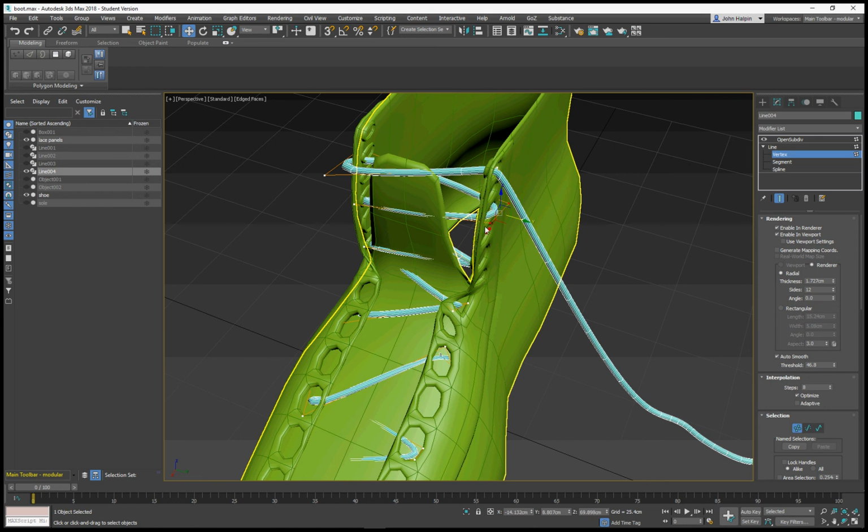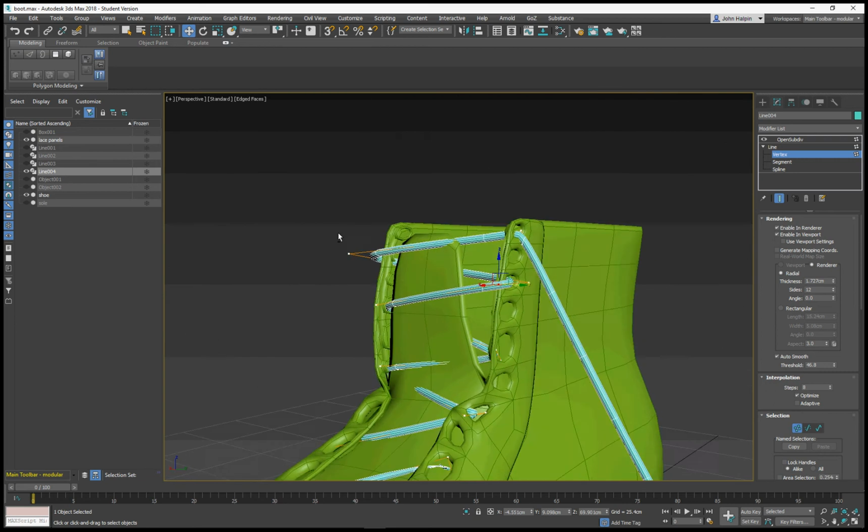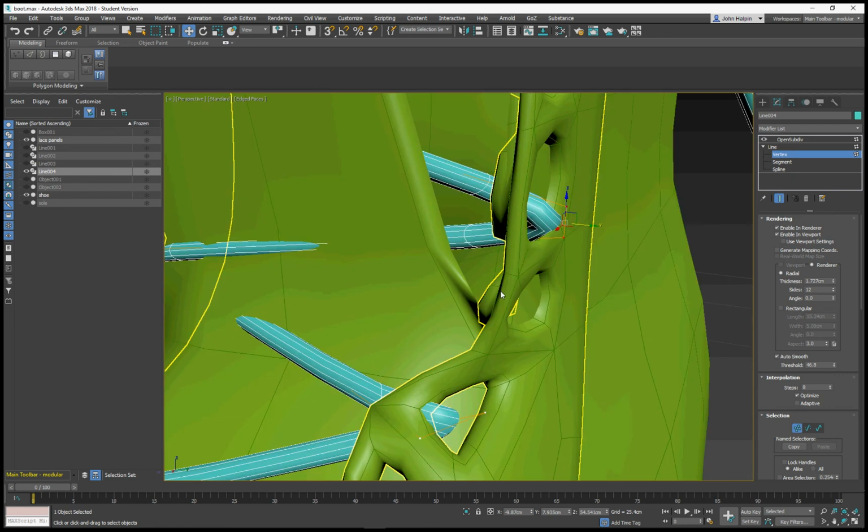So again, just selecting individual verts, pulling and pushing. We can, with a bit of care and attention, end up with reasonably